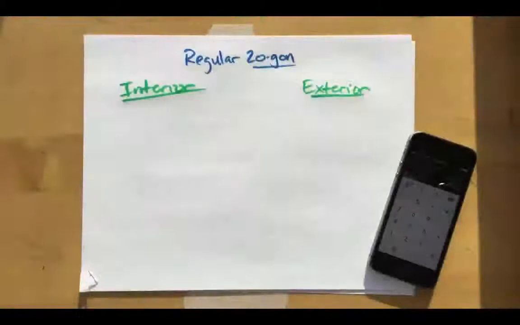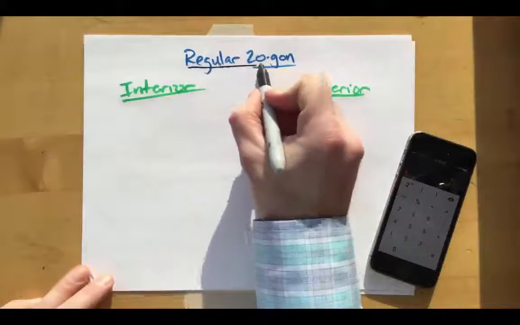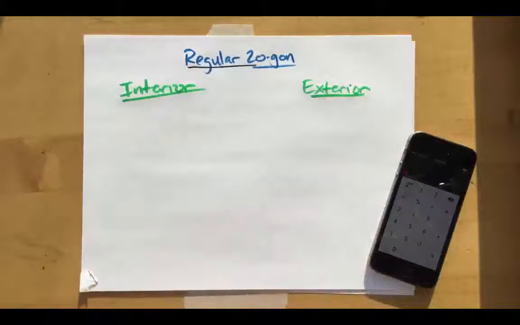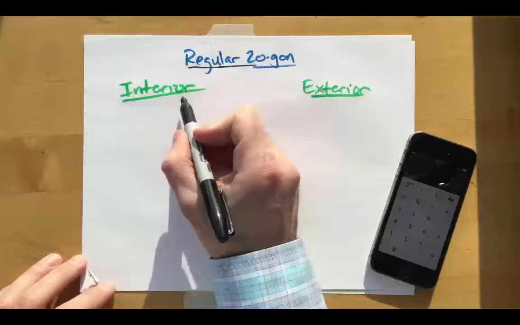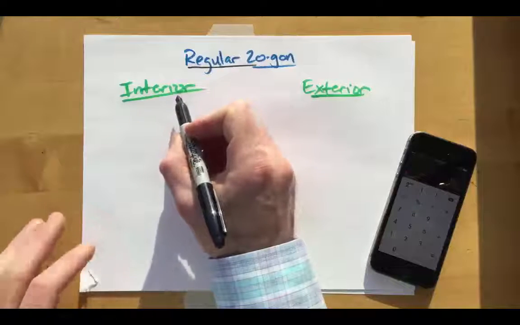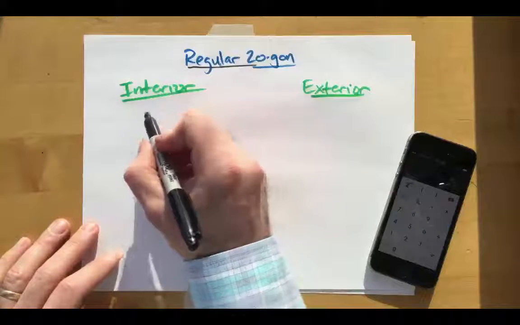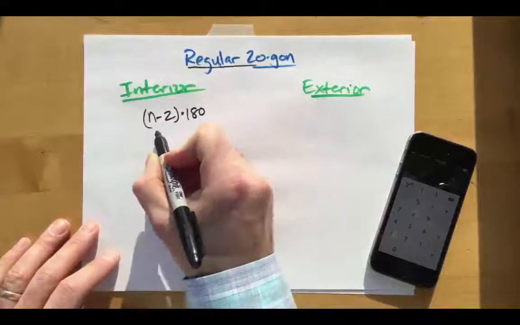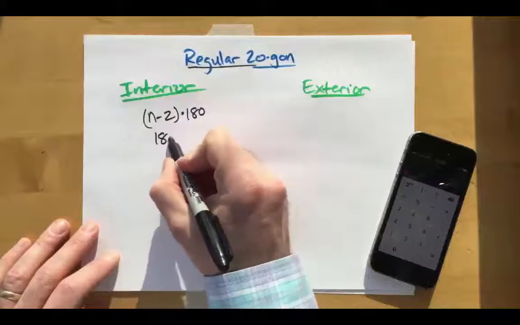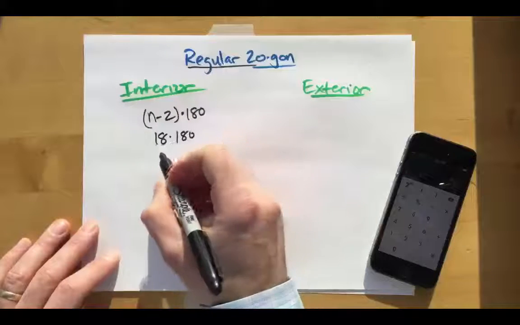In our next example, we're asked to find the measure of each interior and exterior angle of a regular 20-gon. Well, remember, a regular polygon means that all angles and all sides are congruent. So we first are going to start off by finding the sum of all 20 interior angles of a regular 20-gon. We do that by saying n minus 2 times 180. N is the number of sides, so that's going to be 18 now times 180,